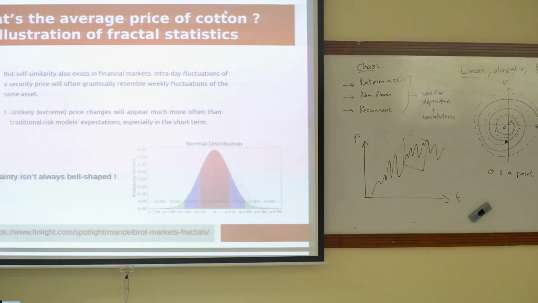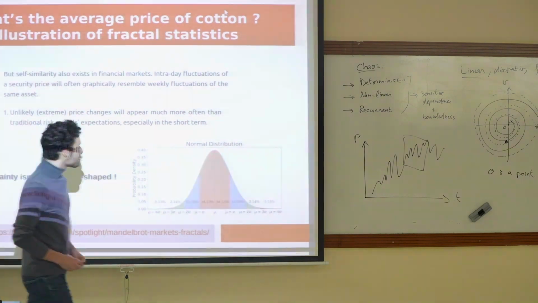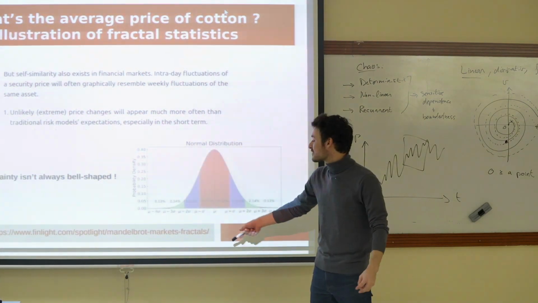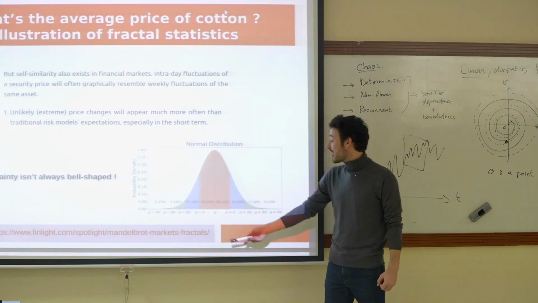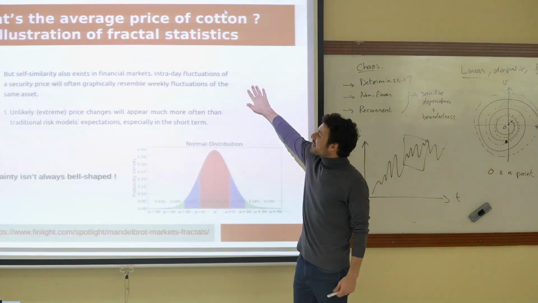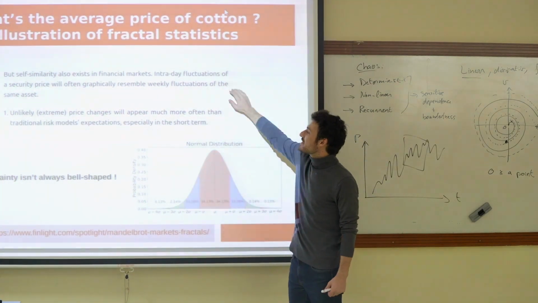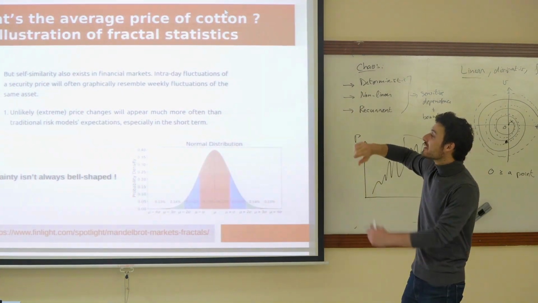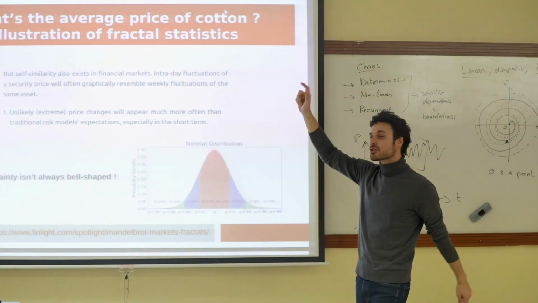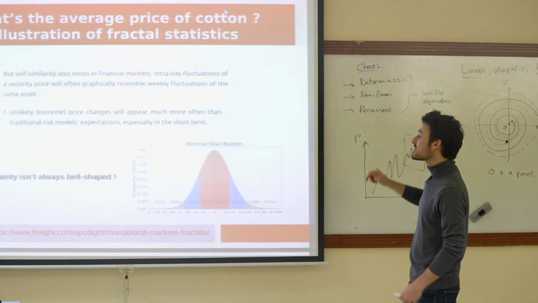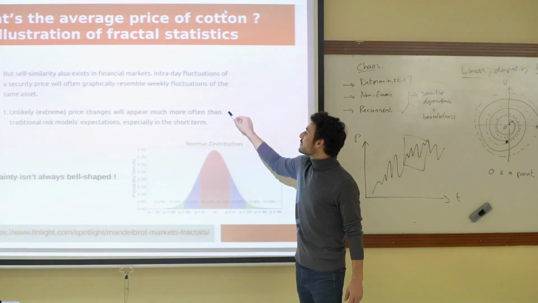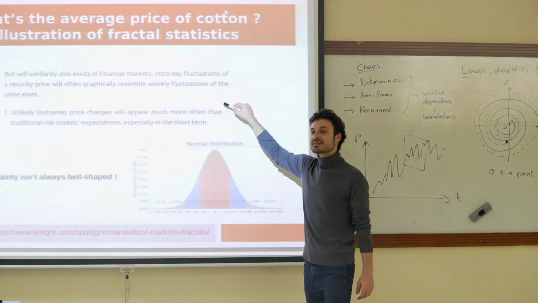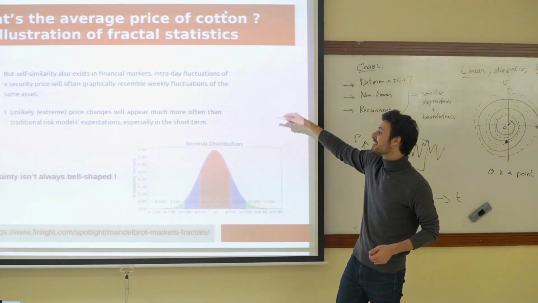It clearly has something nonlinear going on, which means, concretely, so this is an excerpt from a very short article that I found on markets and fractals. So these are two of the points that they raise. First of all, self-similarity exists in financial markets. So there is a similarity in structure between intraday fluctuations and weekly fluctuations, for instance. And the other thing, this is really the point that is of interest to policymakers and to people actually investing their money into these funds, right?